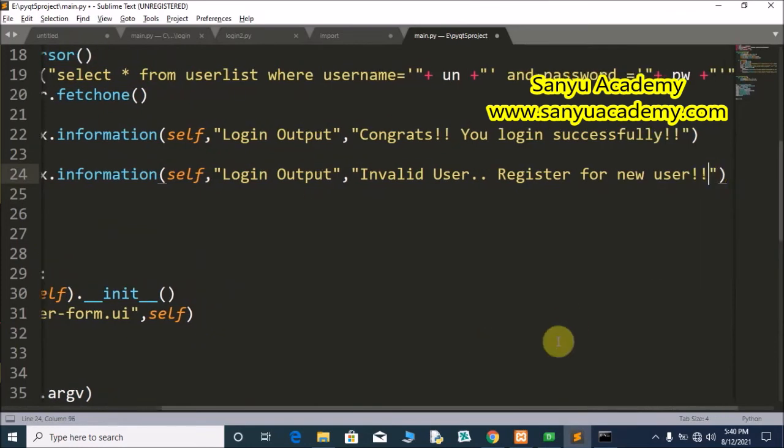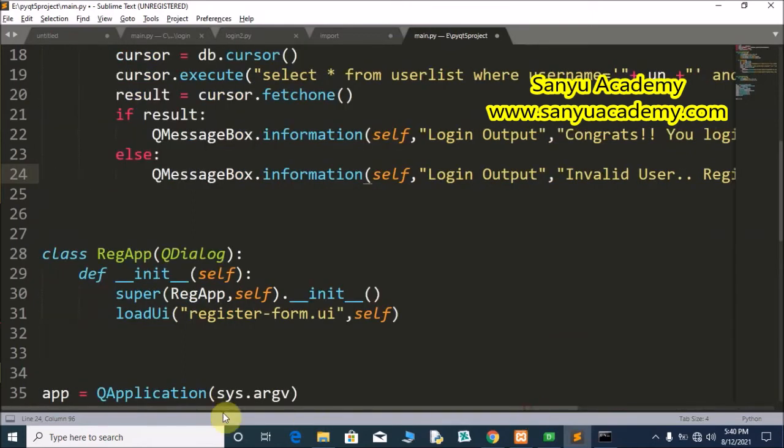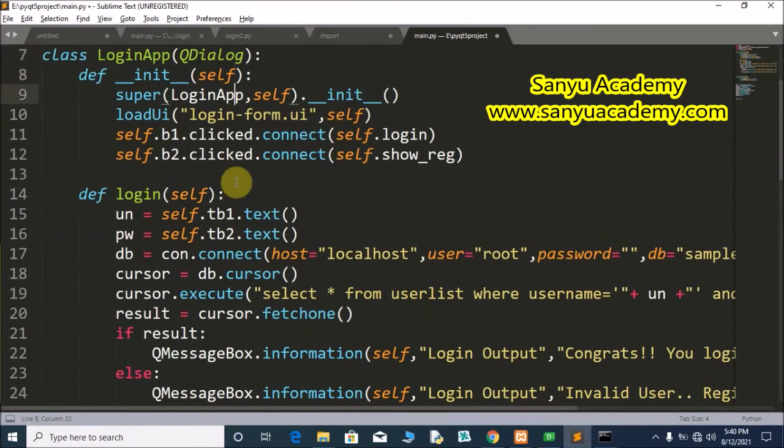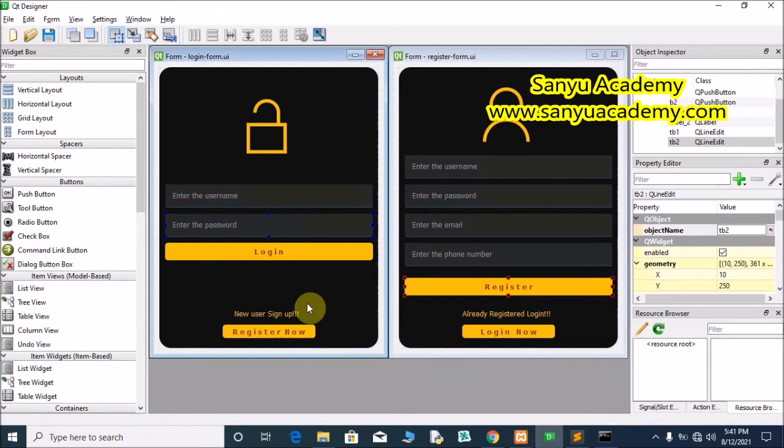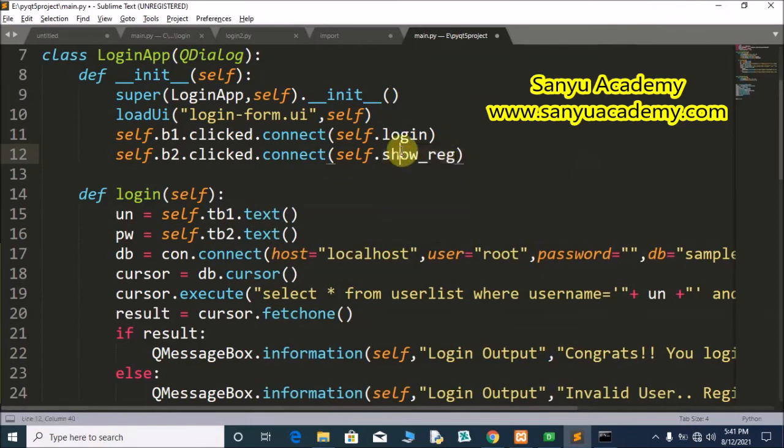Now we will save and check the project. And also we have to create a function for show registration. When we click the register now button on the login form, we have to show the registration form. For that we have to write the function show reg.